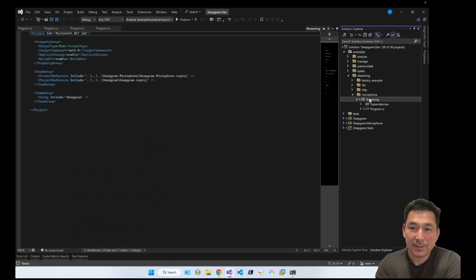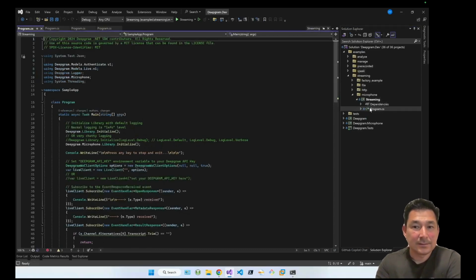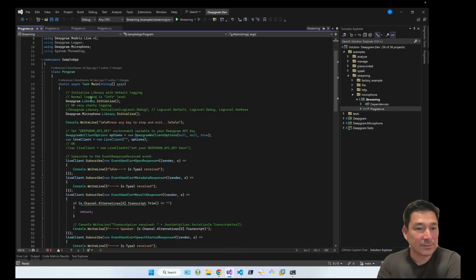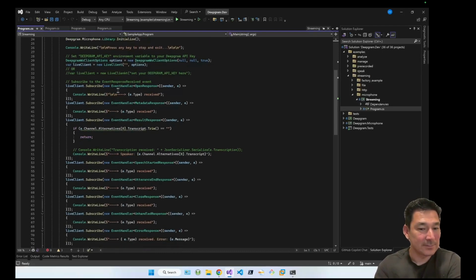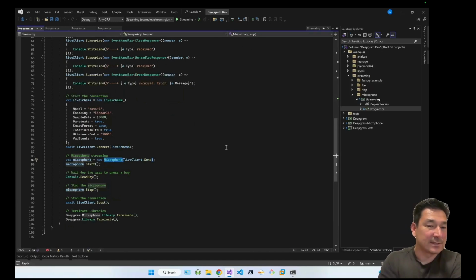And so if we go to the streaming example here, and we go to the microphone example, and then set the project as the one we want to run, you can take a look at the code here. It has, effectively, code to initialize the library, the SDK, and to initialize the microphone. You can see all of the different events that you can subscribe to. Then it has the different option parameters that you can provide to the live client. Then we instantiate the microphone, and we pass the callback for the send function to the microphone.